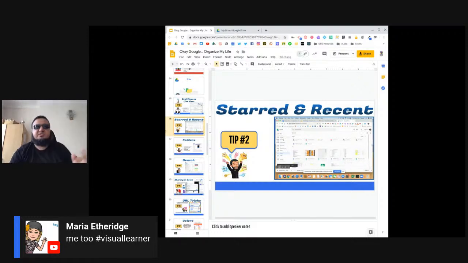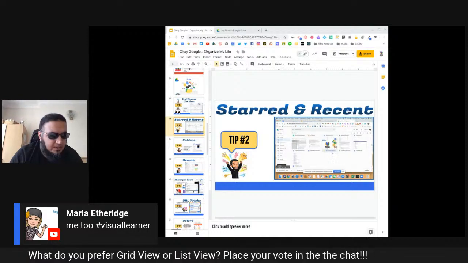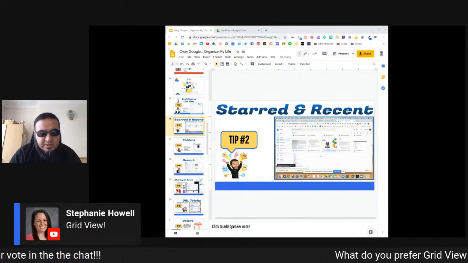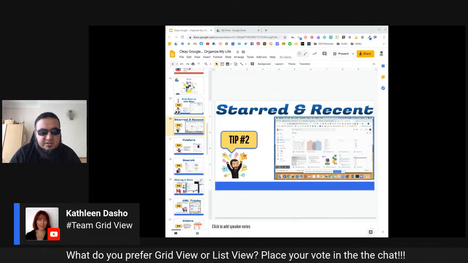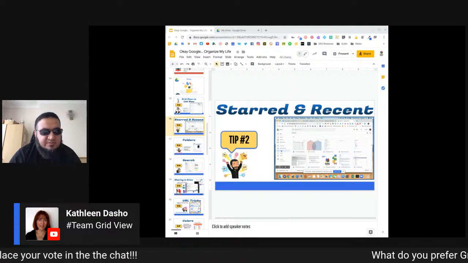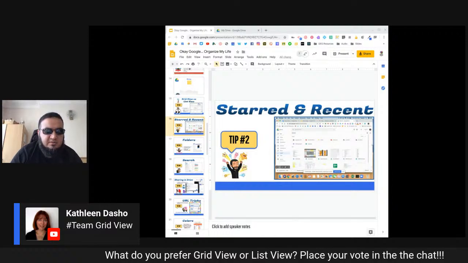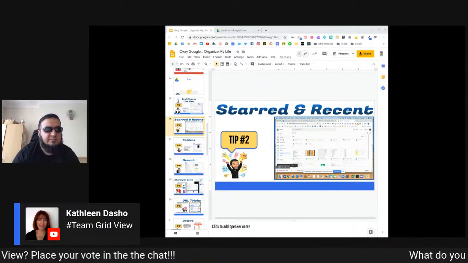Let's go on to the next one, which is star and recents. So pretty much similar to how you work with Gmail star, you can simply put star folders and files in Google Drive as well. So if I take this folder here called Meet Recordings, I can right click on the folder and you can see here there's an option to add to starred. I can add that to starred, and then if I go into the left hand side here in the menu and click on starred, you can see there that the folder that I want is starred, and I can come back to it nice and easily.